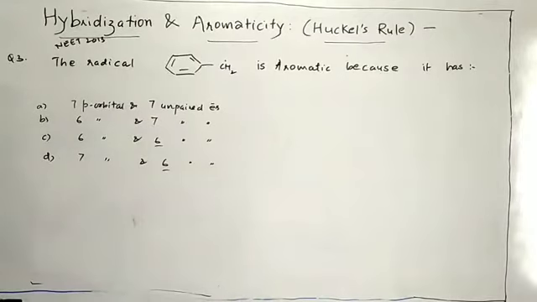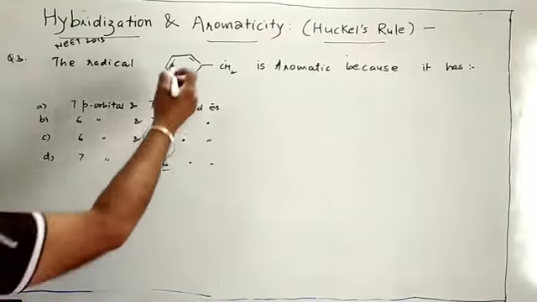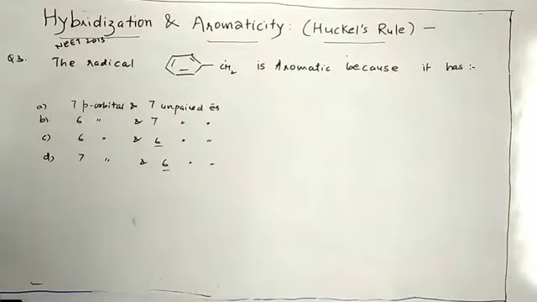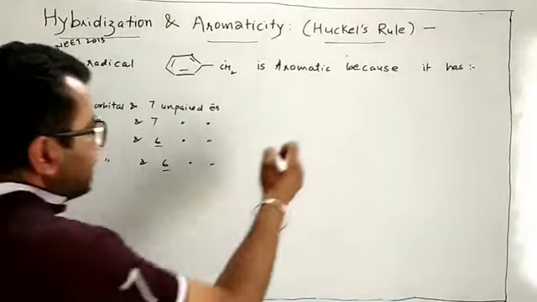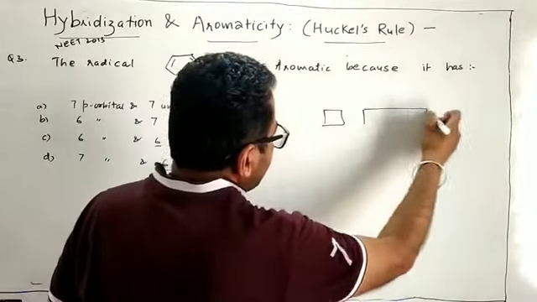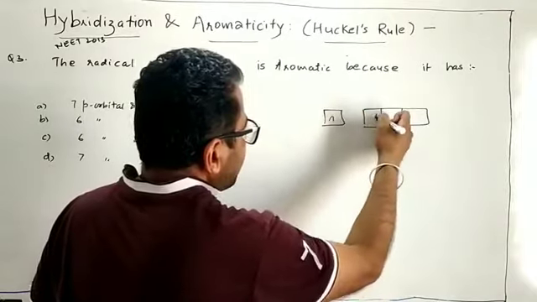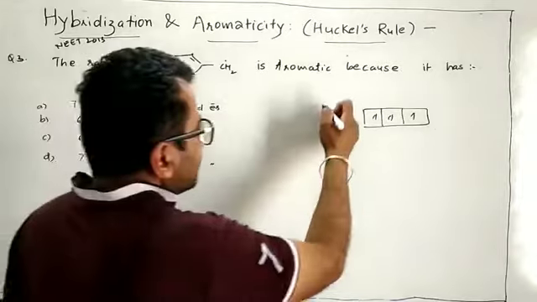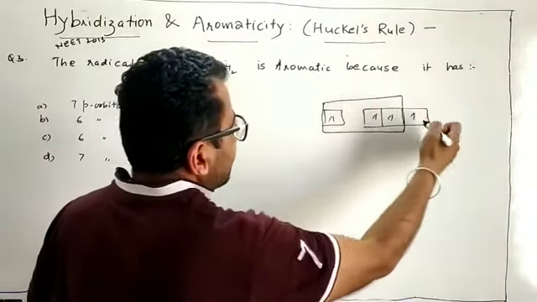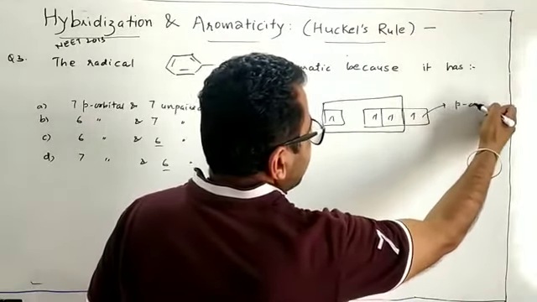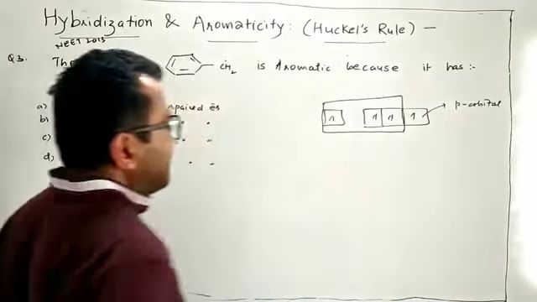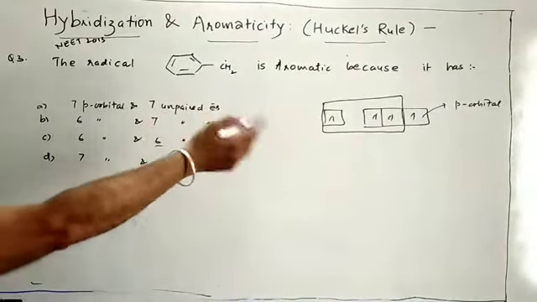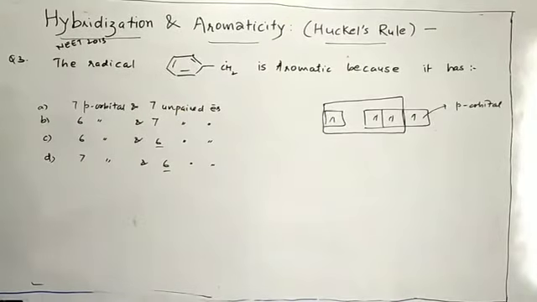Unpaired electron means which are present in p orbital. As every atom here is sp2 hybridized, one unhybridized p orbital is there. When you write the configuration according to VBT, carbon has 4 electrons in the excited state. So when it forms sp2, these are involved, and this is an electron present in p orbital. This is unpaired. So here unpaired means present in p orbital,